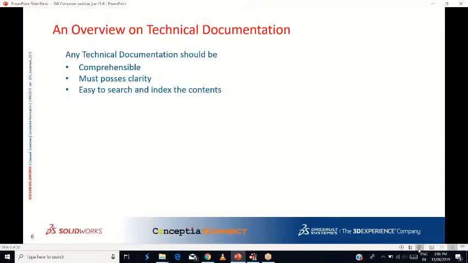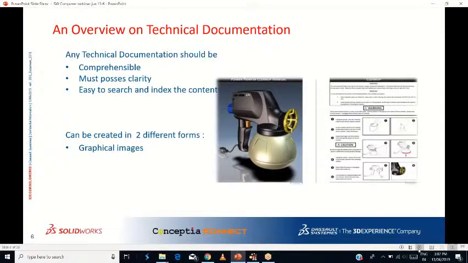And also it should be easy to search and index the context in such a manner that even a layman can understand it, or a person who is not much interested or not really into the products. So mainly it can be created in two different forms, either by graphical images, like you can see on the screen: the graphical image on the left-hand side, and on the right-hand side, for the same oil painter, you can see how we've segregated each and every image, as well as the cautionary matter in there,